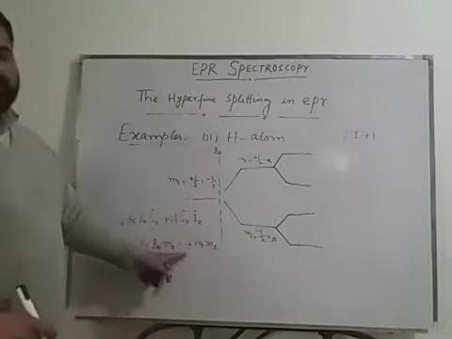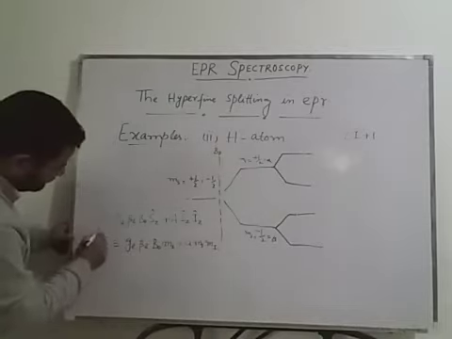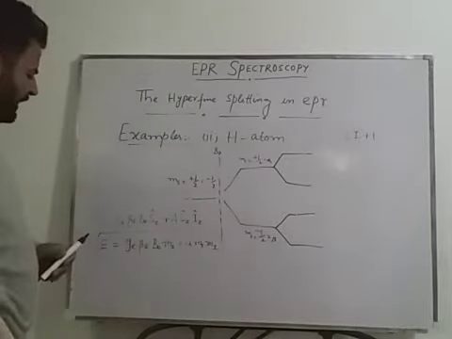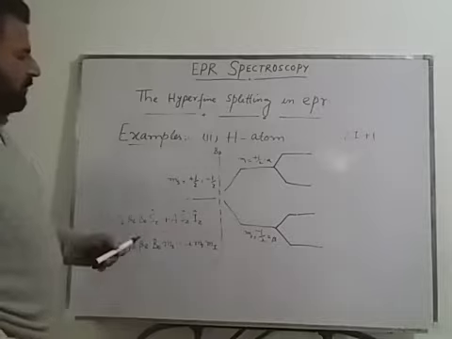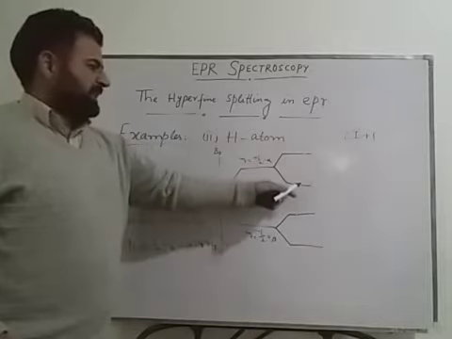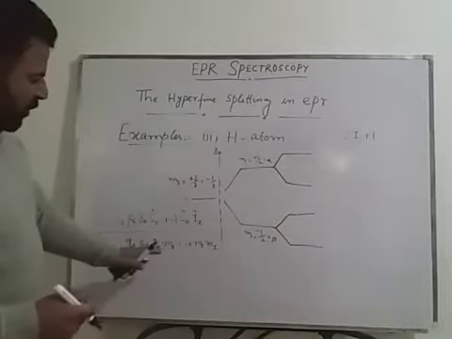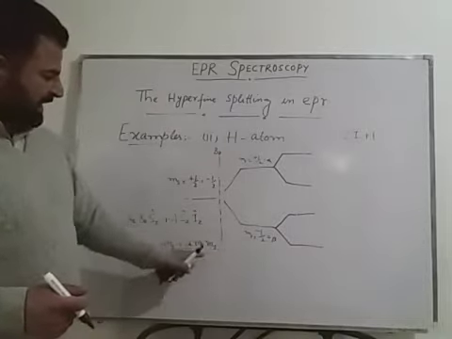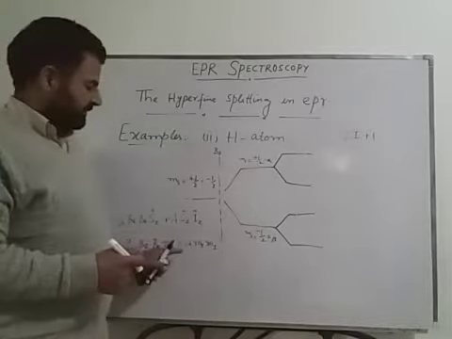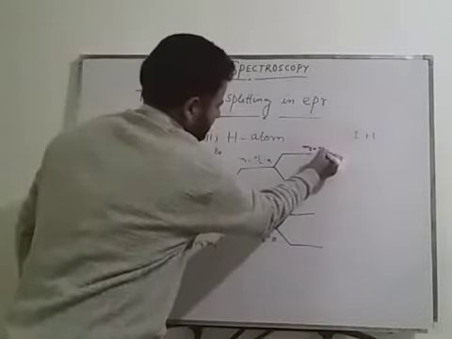Okay, where A is the hyperfine splitting constant. So from this equation, we can now see what can be the spin angular momentum quantum number for this nuclear spin. As can be seen from this equation, if both Ms and Mi are positive, this term will be positive and this term will also be positive. So the highest energy will be in the case when Ms is positive and also Mi is plus 1 by 2.